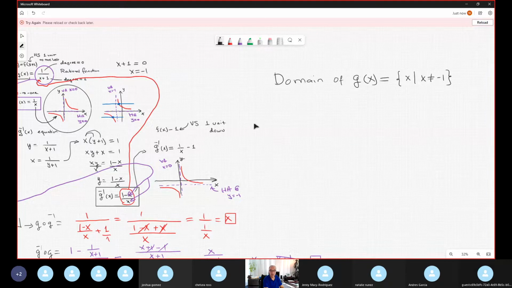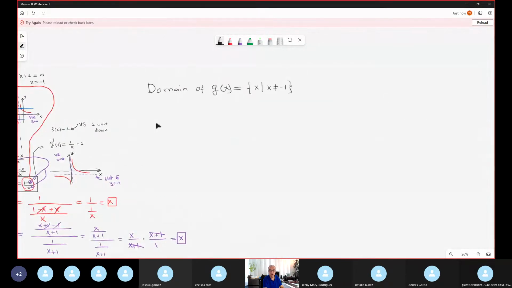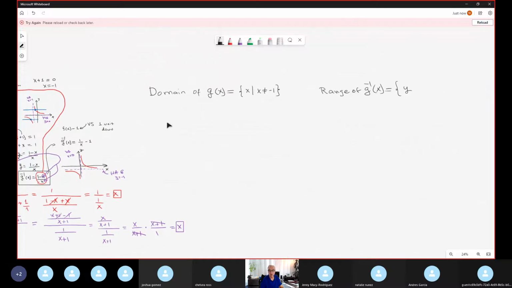And this is exactly the same, the range, identical expression, range of the inverse. But the only detail difference is that you open the curly bracket like that. You put the y because we are talking about range. And range is y value. And you copy exactly the same expression. Now the range of G,